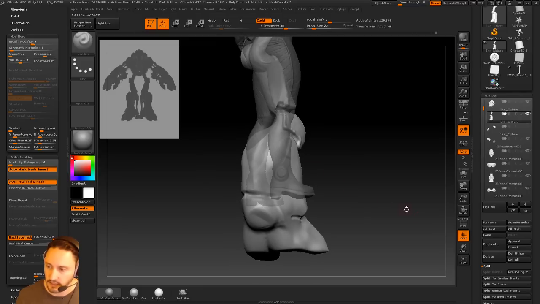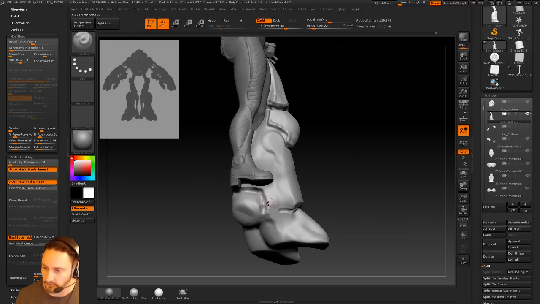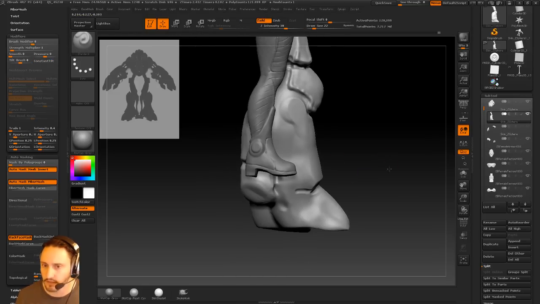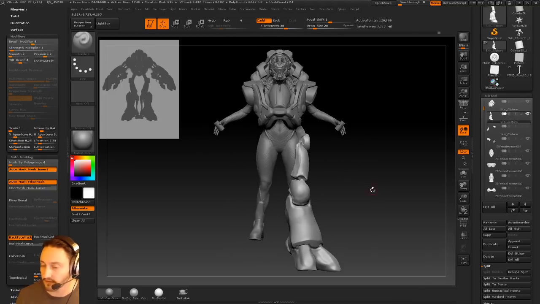I personally use Maya for production and stuff. If you haven't, I would give ZModeler a shot. There's a lot of really cool things about ZModeler that I like a lot. Sculpting aside,